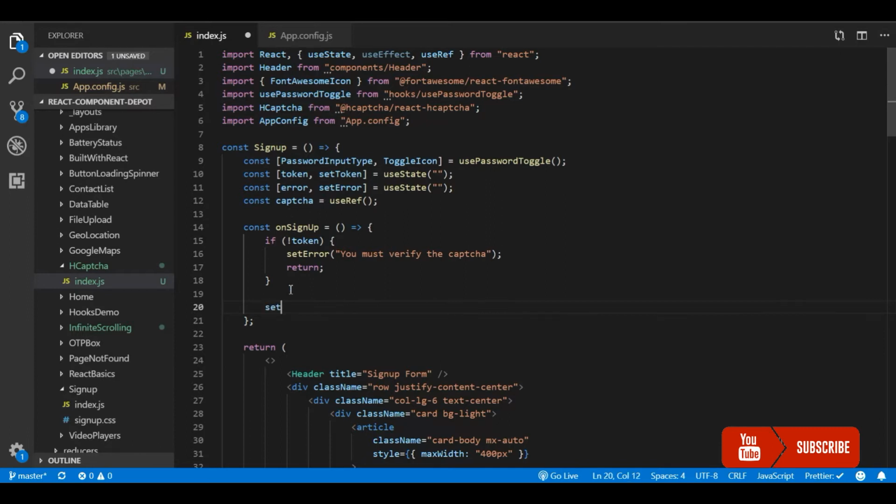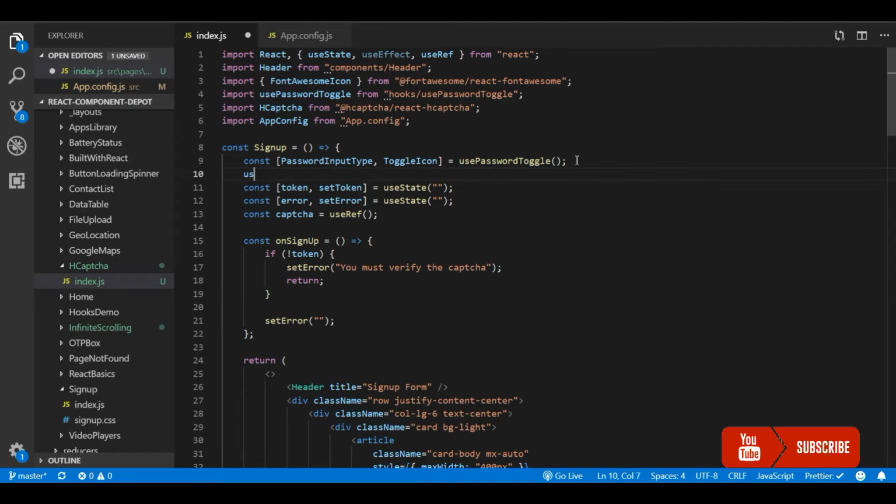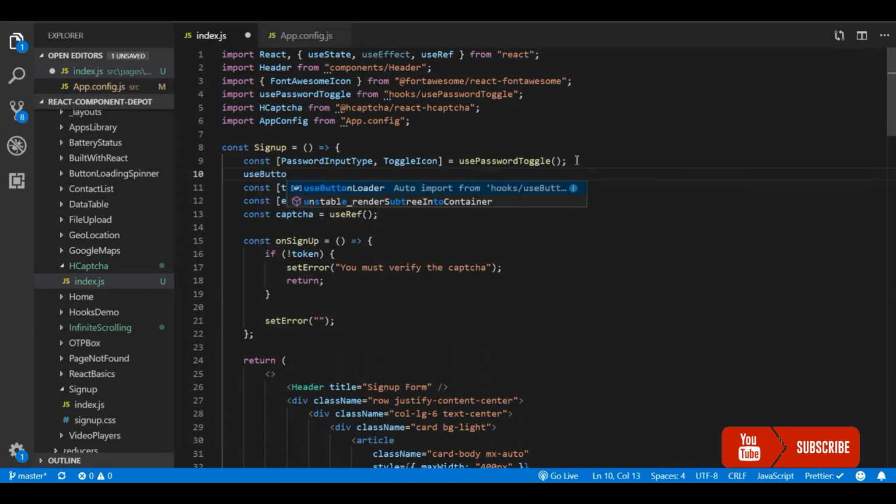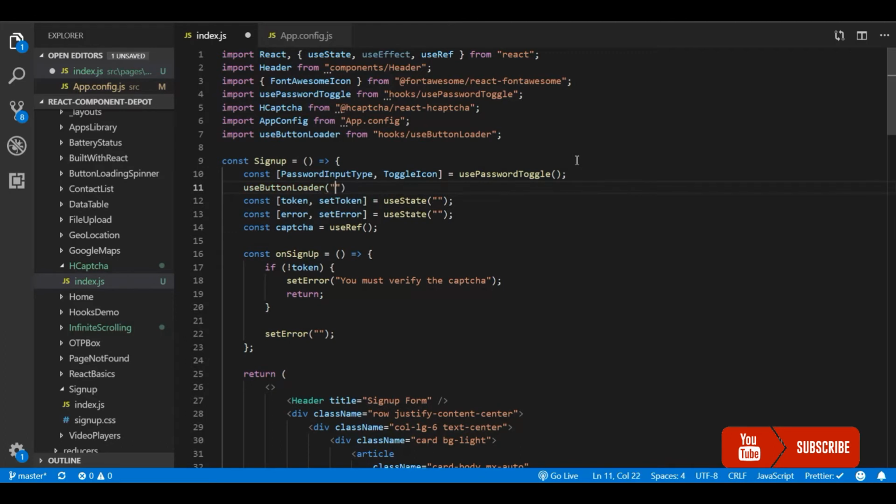Okay, once this is passed, we'll set the error as empty to clear our previous errors. And then I'm going to have a loader for the button. This is a custom hook that has already been described on this channel. I will give the link in the description, you can go and check it out.